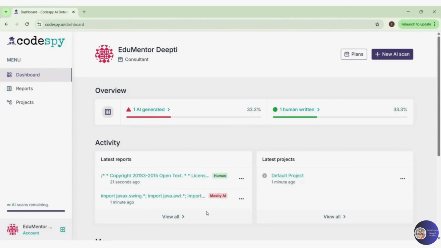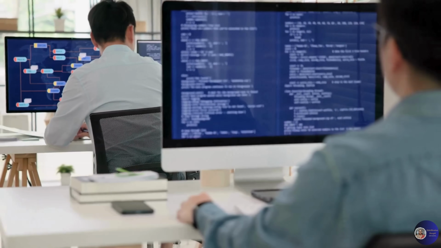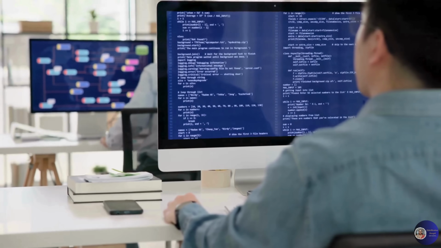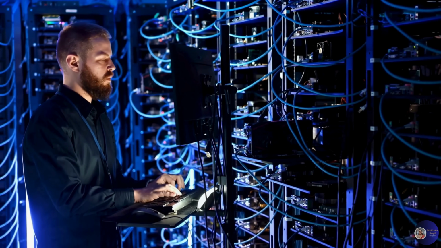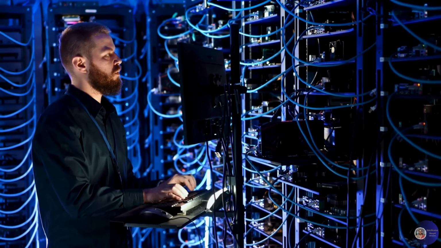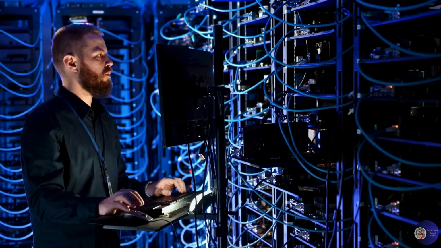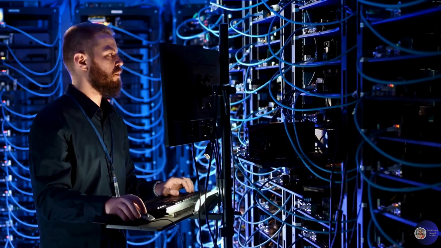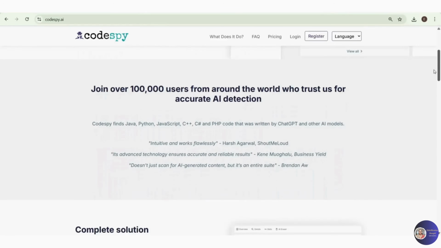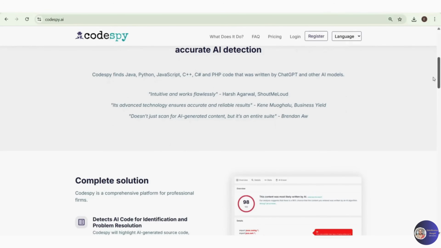Overall, it is a very useful tool and a user-friendly AI with higher efficiency, accuracy, and maximum speed, which makes CodeSpy a recommended option for regular use. AI helps us code faster, but accuracy still depends on human judgment. With the right detection tools, developers can combine the creativity of human thinking with the power of automation while keeping full control over quality and accountability. In the end, great software is not just written fast, it's written smart.